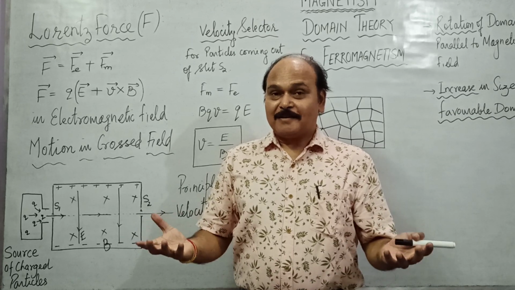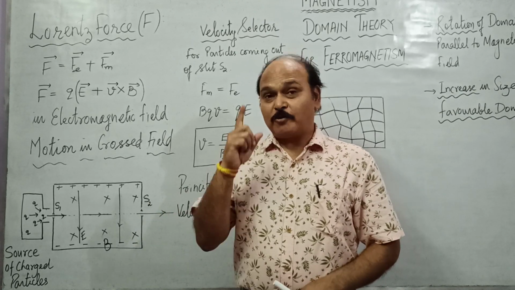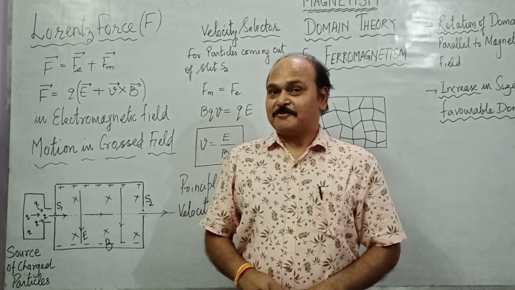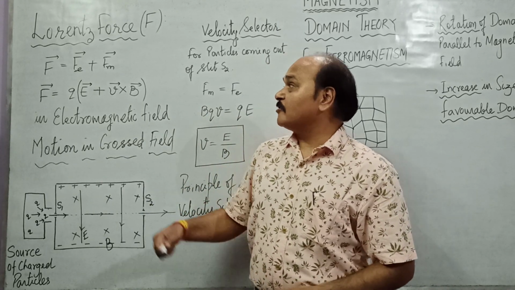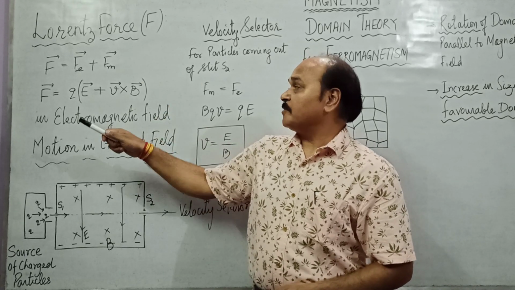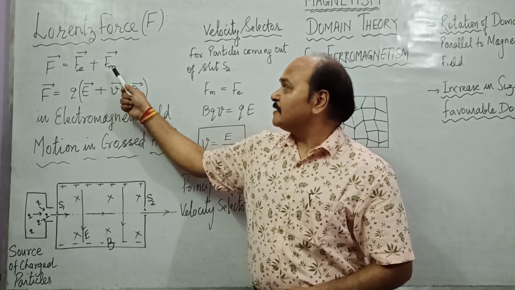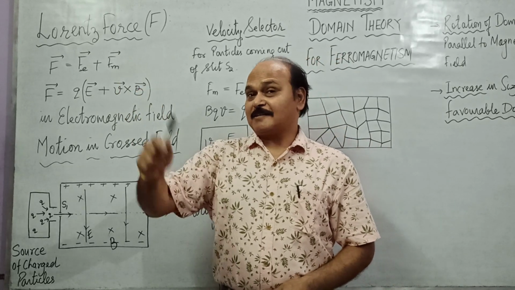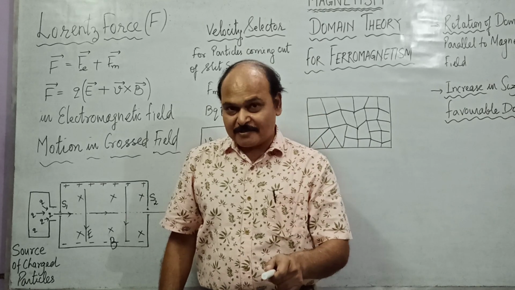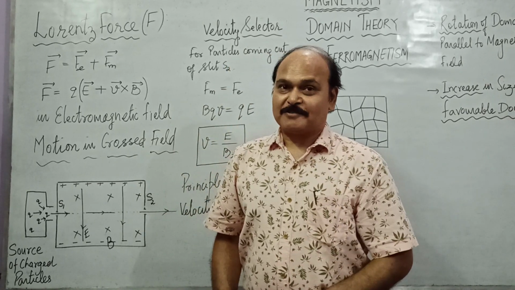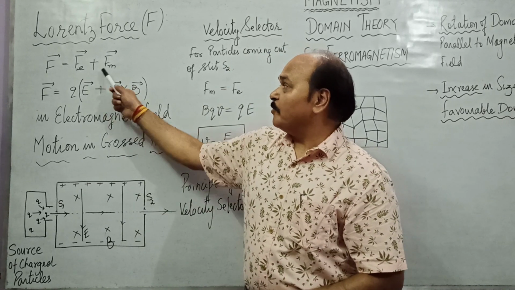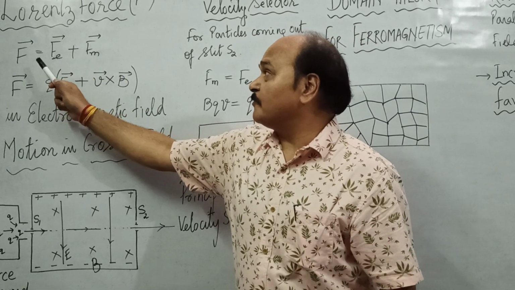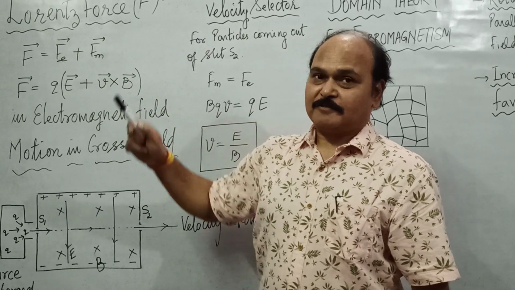An electromagnetic field is a field where both electric field and magnetic field are simultaneously present. So when a charged particle moves through an electromagnetic field, it is acted upon by both the electric field as well as the magnetic field. And because of the electric and magnetic fields, it is acted upon by Lorentz electric force as well as Lorentz magnetic force. The algebraic sum of both the forces is the net force acting over the charged particle, and this net force is what is called the Lorentz force.